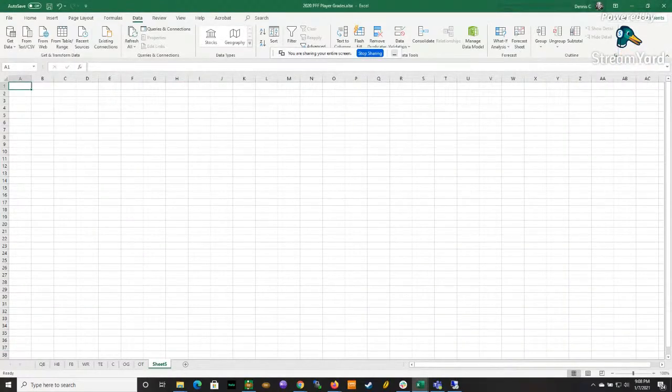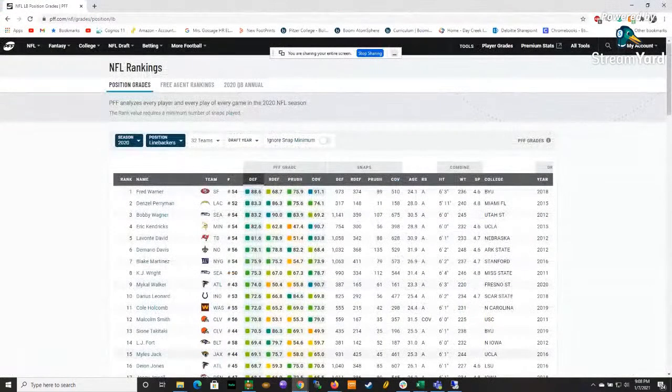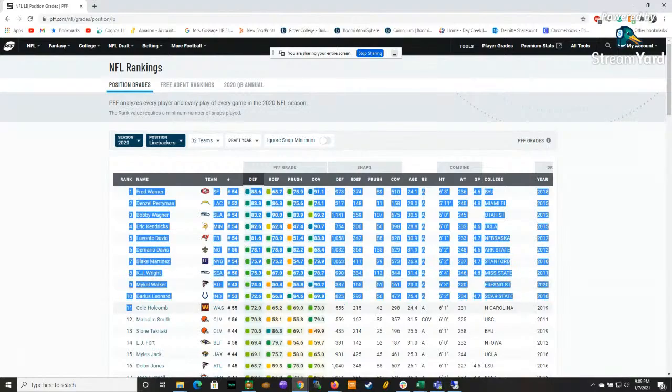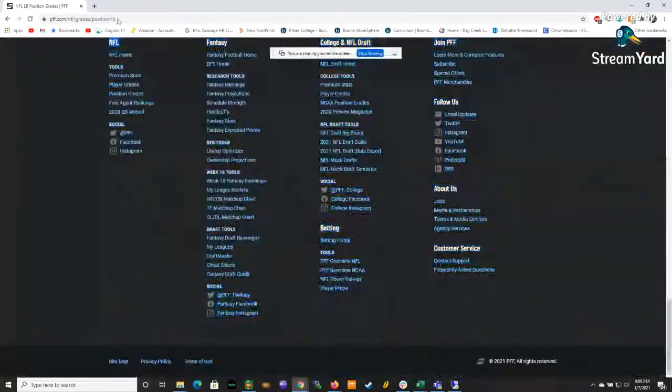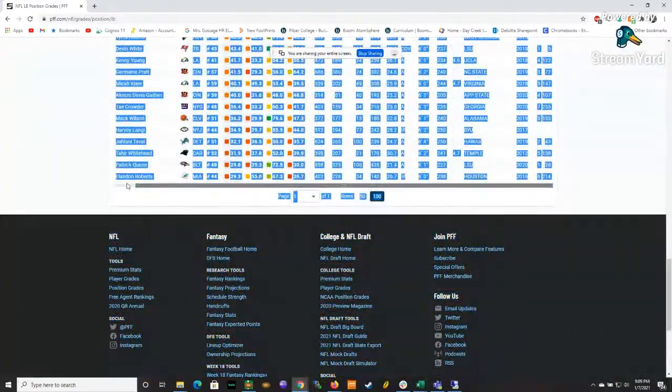Hey everybody, this is a quick tutorial on how I'm using this new Chrome extension called TScraper to pull data in off of Pro Football Focus. But you could do this with any website that's a table that doesn't copy and paste the way you want to. So like this is Pro Football Focus's player grades, and I'm pulling in,